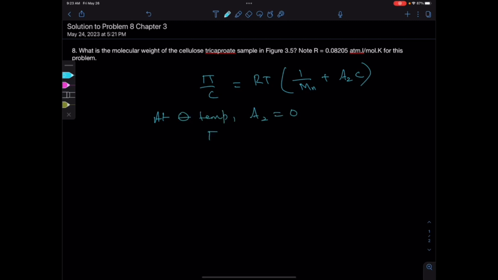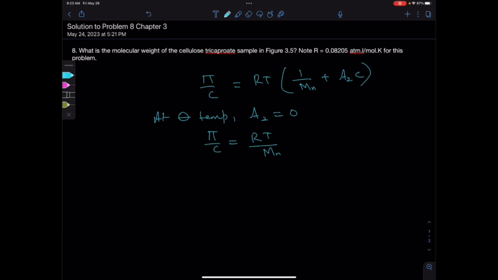So pi by C becomes equal to RT over Mn. If we see the figure, at 41.6 degrees centigrade, the straight line is almost parallel to the x-axis, and it says that the Flory theta temperature is determined to be 41 plus or minus 1. So we can take the straight line at 41.6 as the straight line at Flory theta temperature, and this intersects